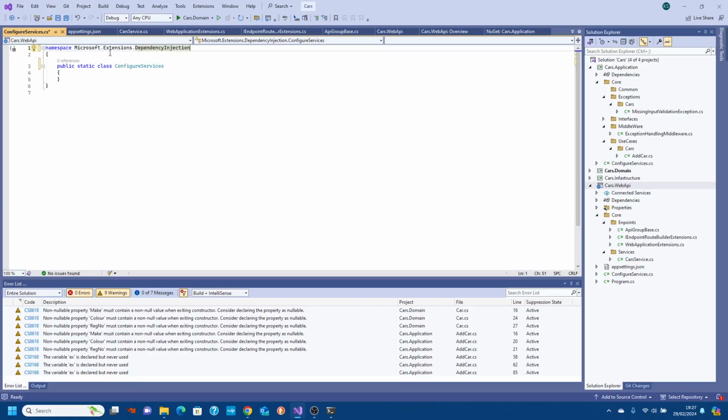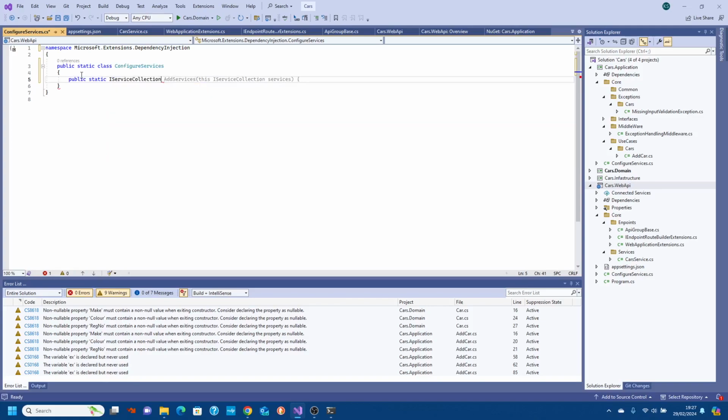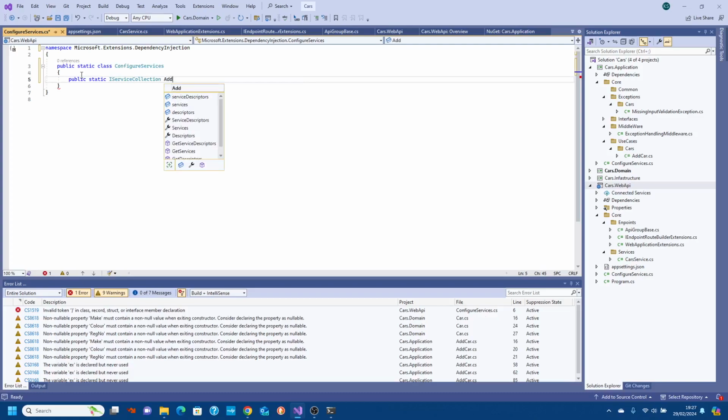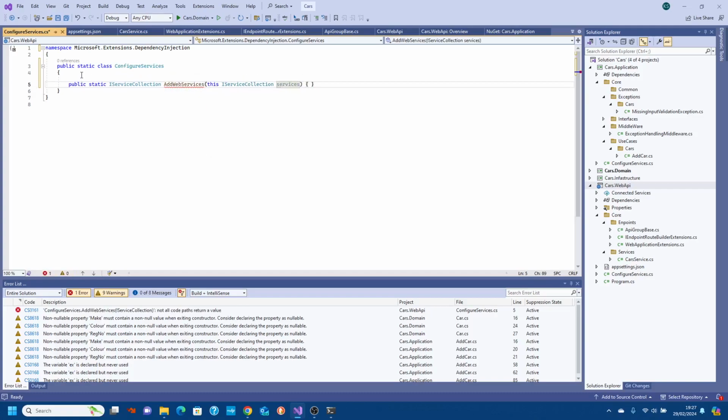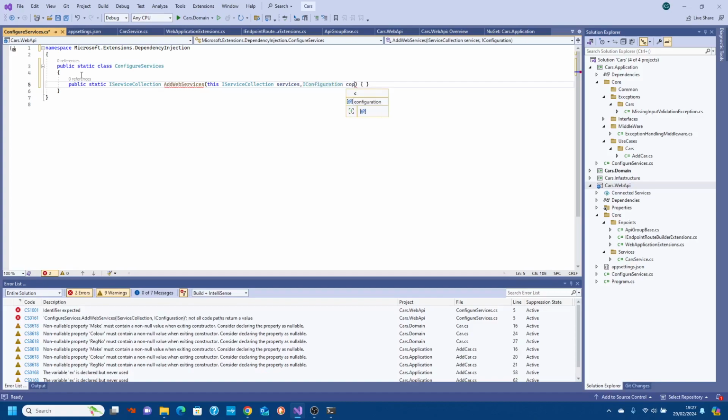That's what it has to be. So we have one method in here which is public static, this IServiceCollection, and this is AddServices, and we're also going to have IConfiguration as configuration,